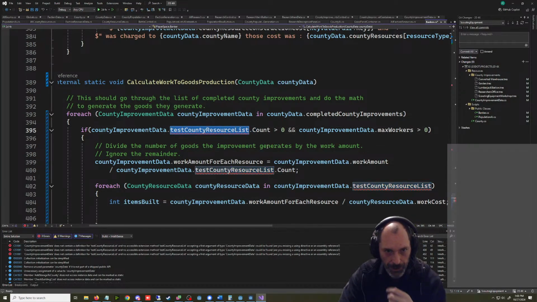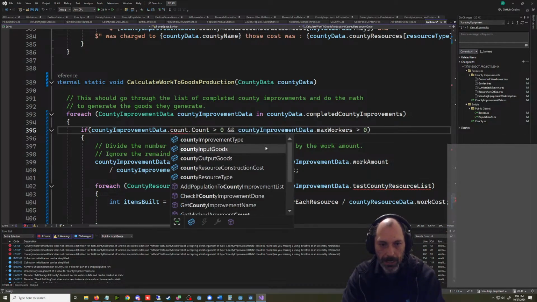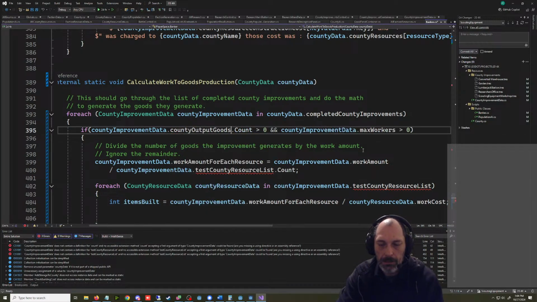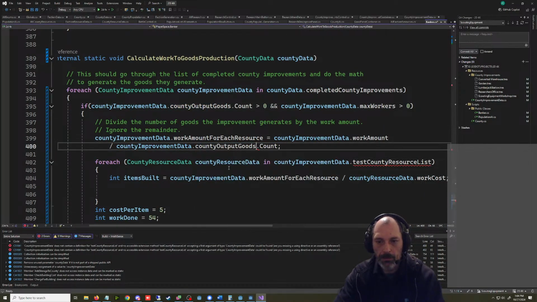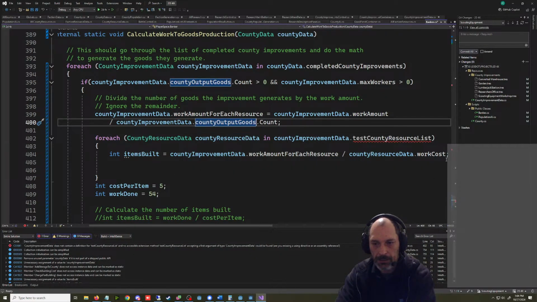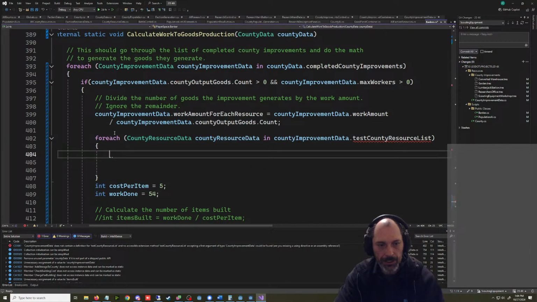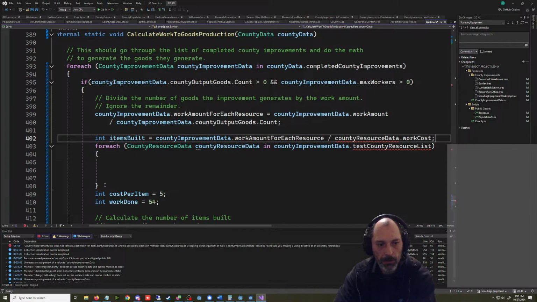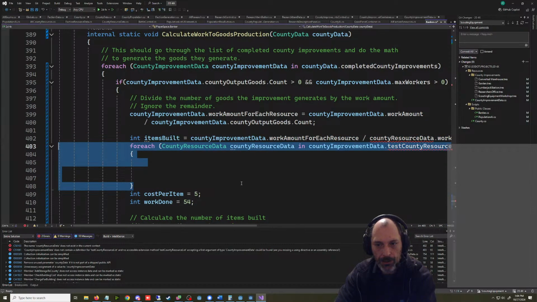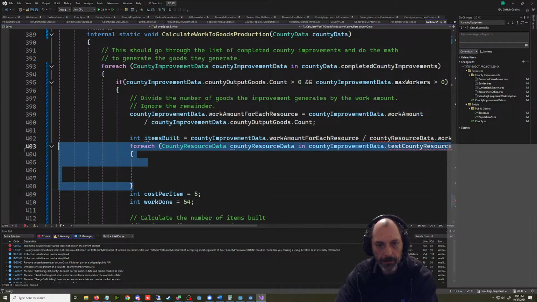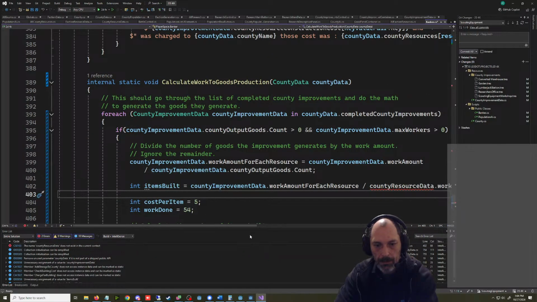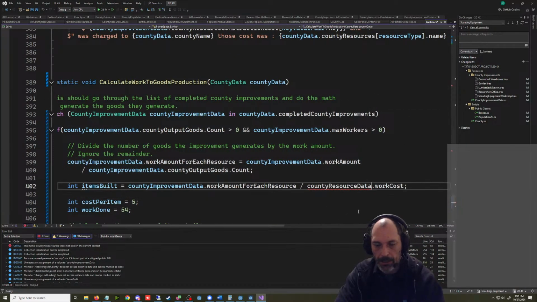So this is now going to be accounts of county output goods. And this is going to be county output goods. We haven't really used this very much. This is not going to be here at all. I mean, this is going to be up here. But we're not checking against the county resource at all because we don't, I don't know. I hit insert instead of delete here. This is going to be,